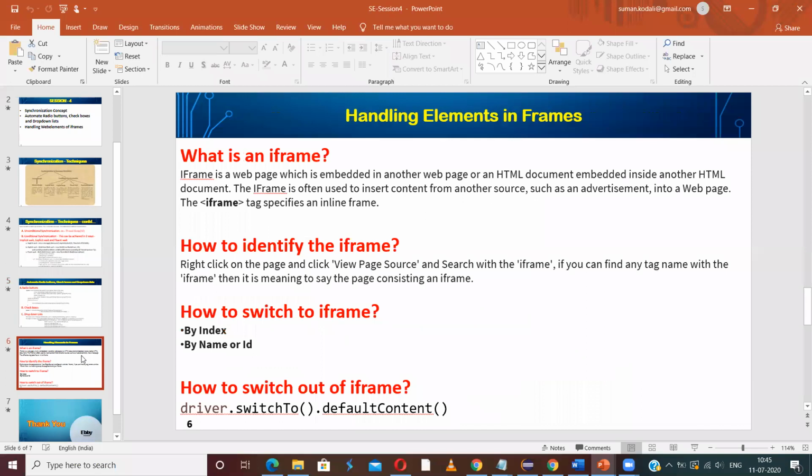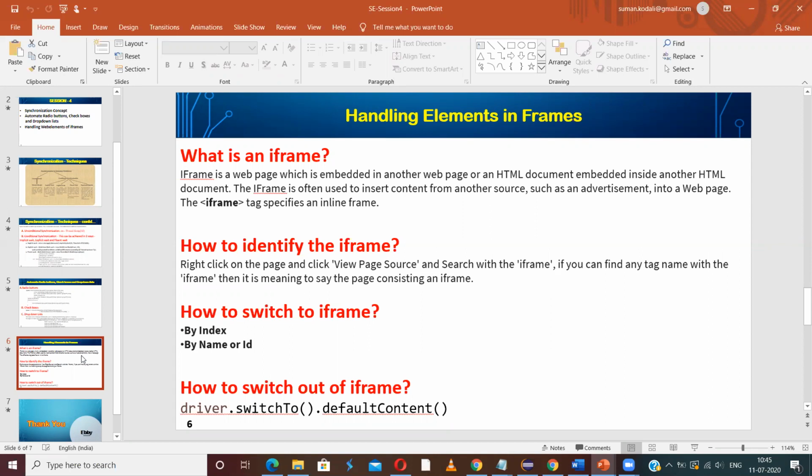And the other important concept in Selenium is dealing with different types of frames. Again, a frame is part of a web page which is embedded in a web page. So it can also be a web page within a web page.